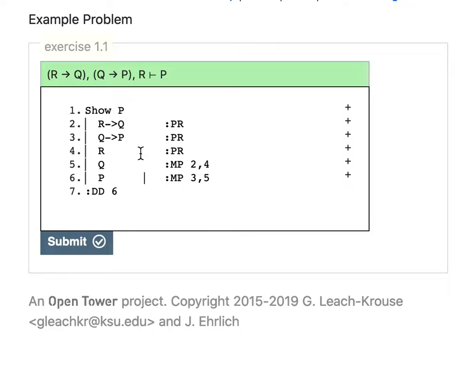So that's how you use the software. I know there's a lot of moving parts, but I think once you get the hang of it, it'll be pretty straightforward. Of course, you're trying to learn how to use the software, and at the same time, you're trying to learn how to do derivations. And doing derivations is its own hard thing, and we'll talk a lot about this in class. But I hope that maybe for